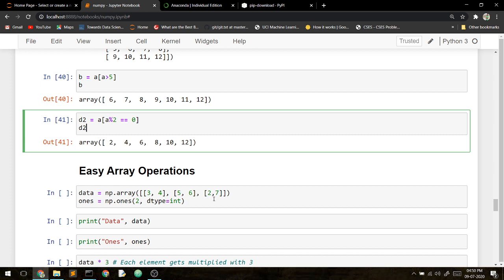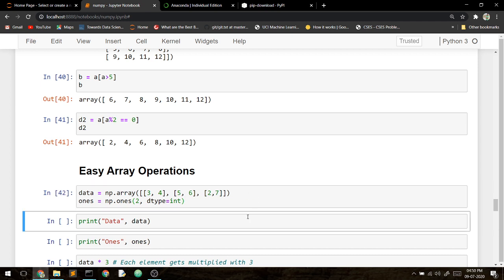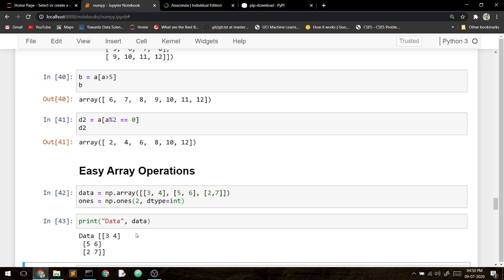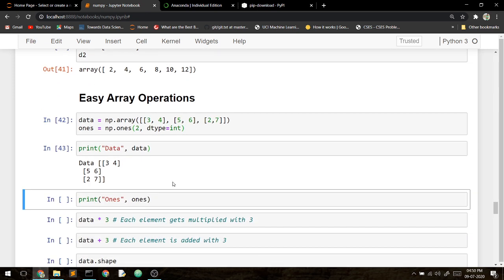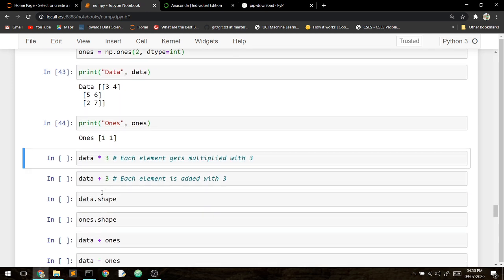Some other easy operations: we are creating two numpy arrays. The first array has 3 rows and 2 columns, and for the ones array we have just 2 elements, or 2 columns.